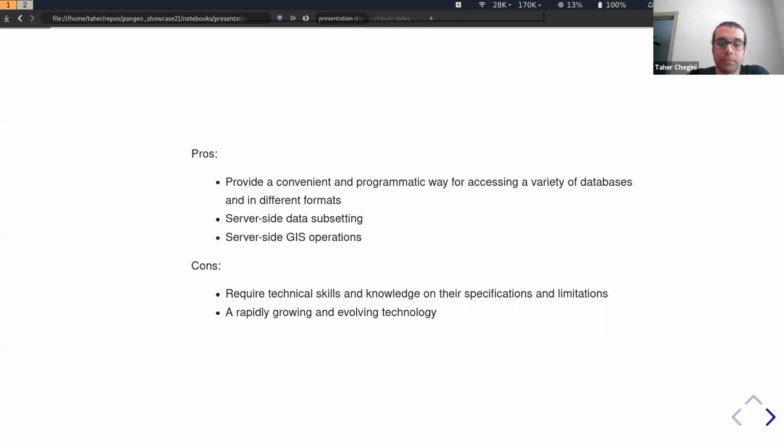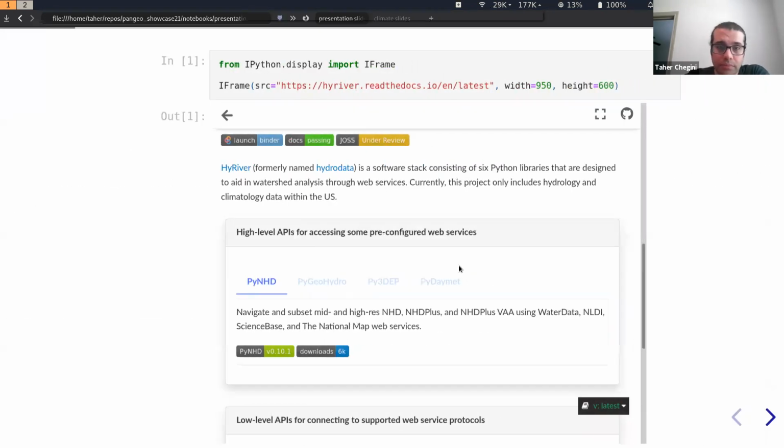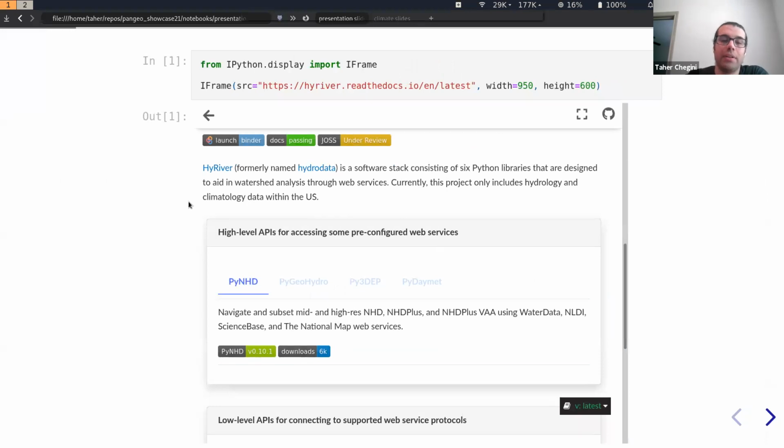Which would be a major barrier for the scientific community because they don't want to spend time going through all these limitations and the specifications. So that's where HyRiver comes in. HyRiver essentially is a stack of 6, or recently I added a new one, 7